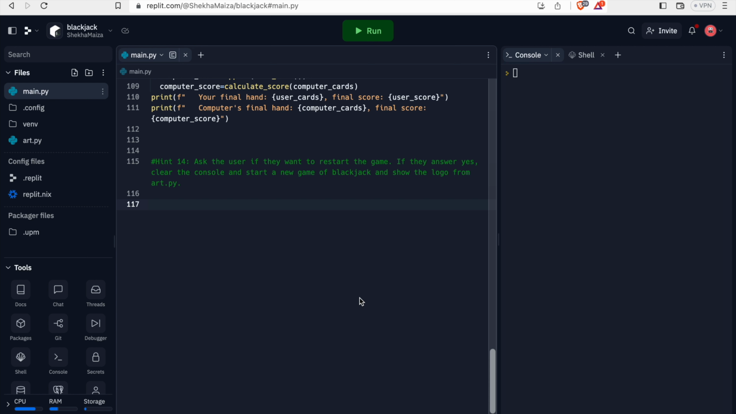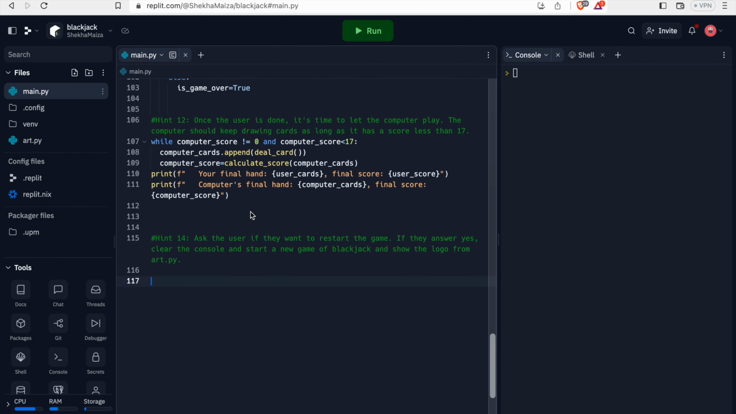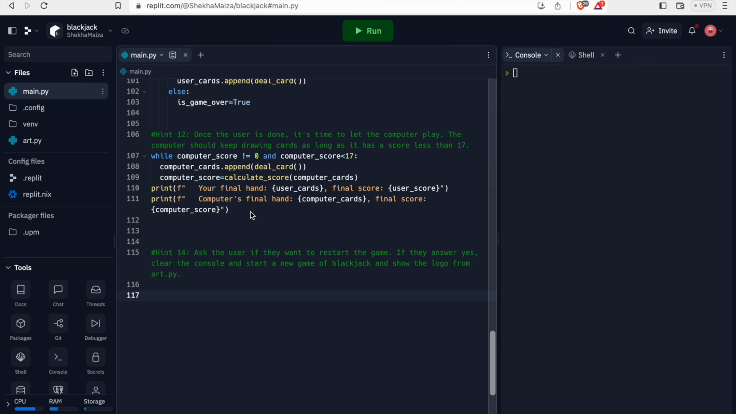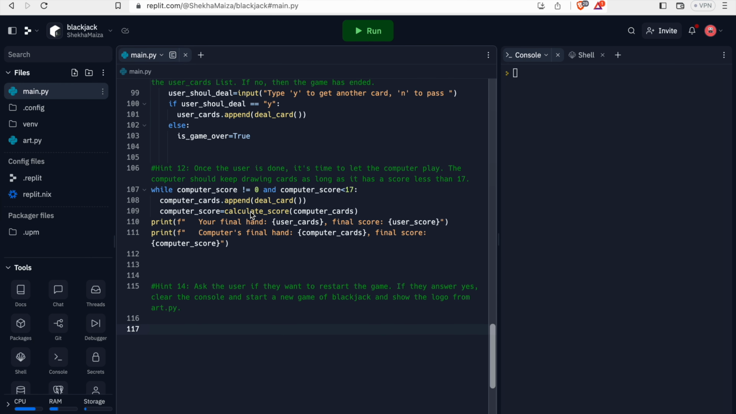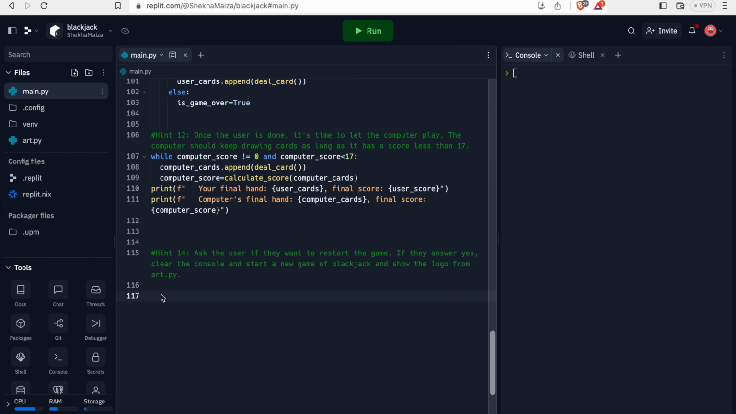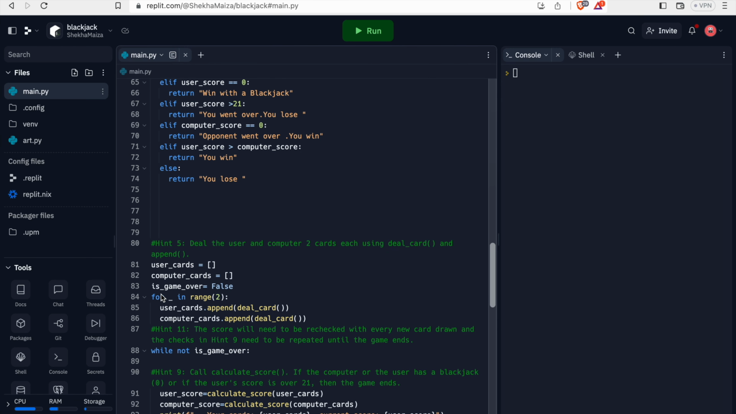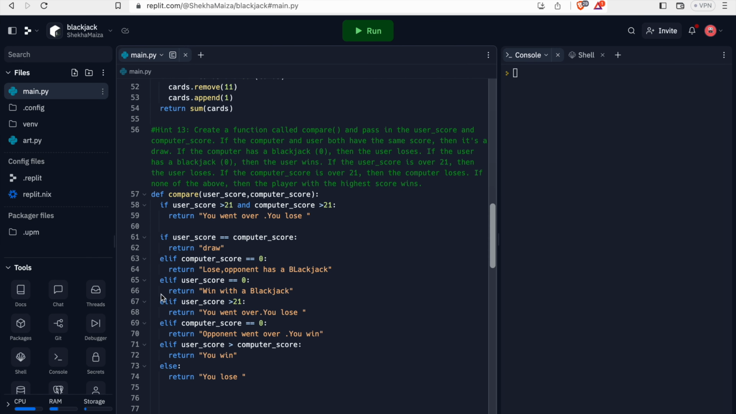So let's move to the last but not the least, hint number 14. Ask the user if they want to restart the game. If they answer yes, clear the console and start a new game of blackjack and show the logo from the art file. So for that, what we have to do is first create a